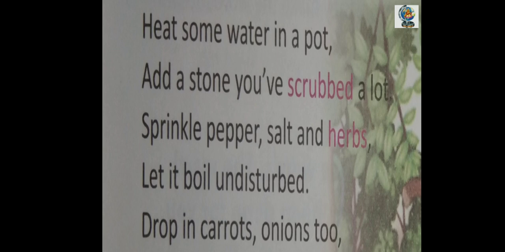Okay students, now I will tell you one story based on this poem, Stone Soup. Once there was a boy. He was passing through a village. On the way, he felt very hungry, but he did not have any food to eat. So he asked some villagers for food, but most of the villagers refused to give him food.